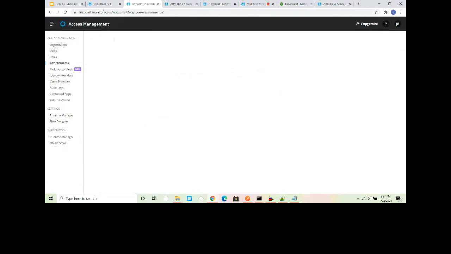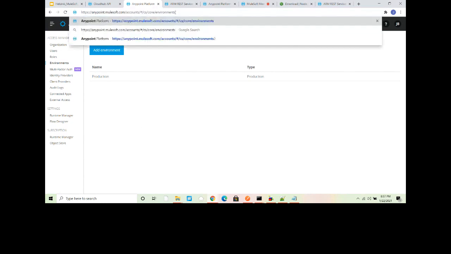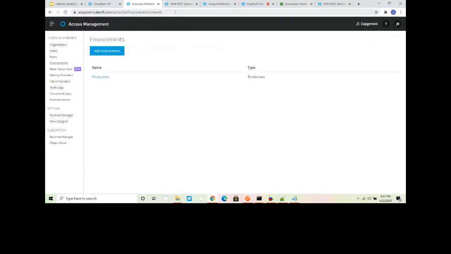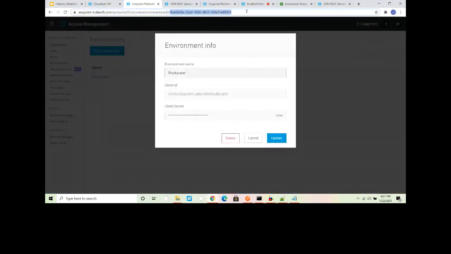Generally we can see the environment ID in your URL. What you have to do is just remove this part and press enter, then click on production. You will find your environment ID. This is my environment ID, and you can copy it.